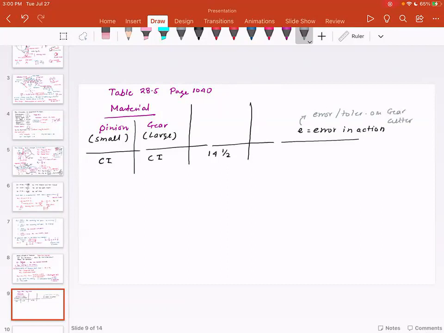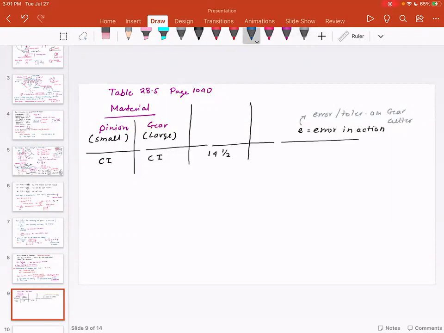So if you look at the gear cutting profile, I would encourage you to look at the process in which the gear profiles are cut. There is something called a gear cutting machine. What you do is you have a cutter and the gear blank is indexed, the cutter rotates, and gradually the cutter is radially fed and then the gear profile is cut. So depending upon how accurate or how crude the cut is,